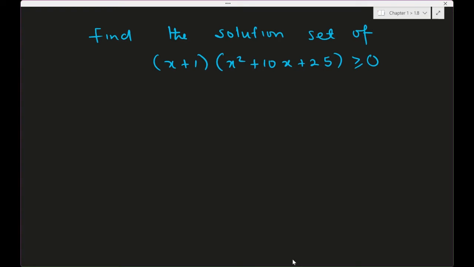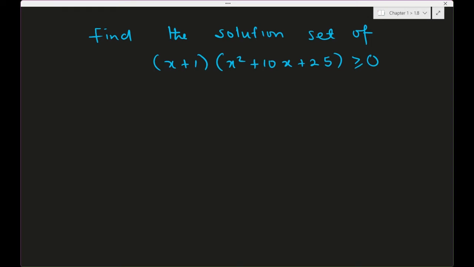Hello. In this video, we'll be solving this nonlinear inequality. So the task is to find the solution set of this nonlinear inequality. So here we have a product of x plus 1 times x squared plus 10x